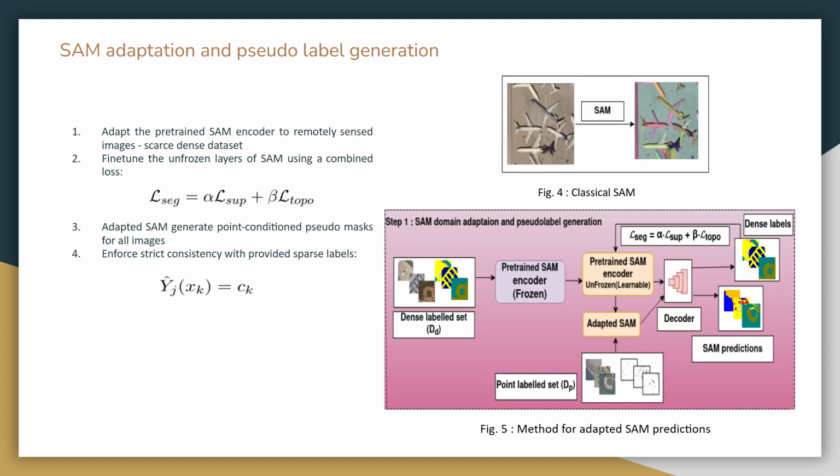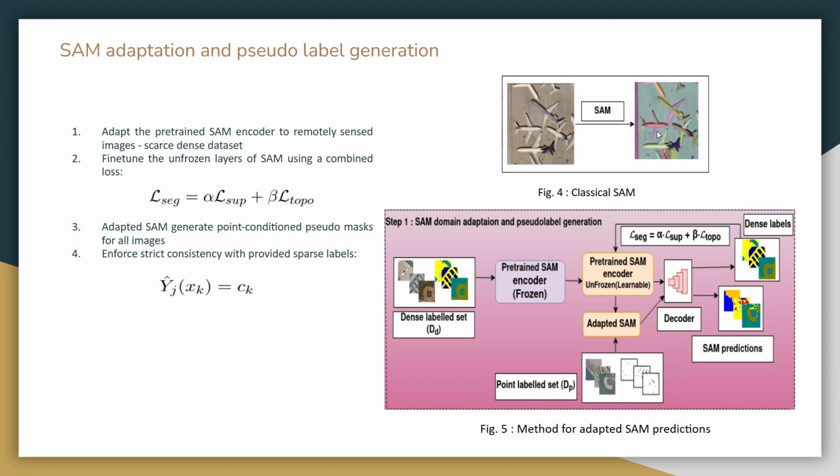So, going to the details, in the first step, that is SAM adaptation and pseudo label generation, we can see that the Segment Anything Model is usually trained on natural images. When it comes to remote sensing images, we have different viewpoints, different textures, different object scales. So direct application will lead to domain shift errors. Apart from that, the classical SAM is class agnostic. Now, by class agnostic, we mean that it kind of gives boundaries but is independent of classes.